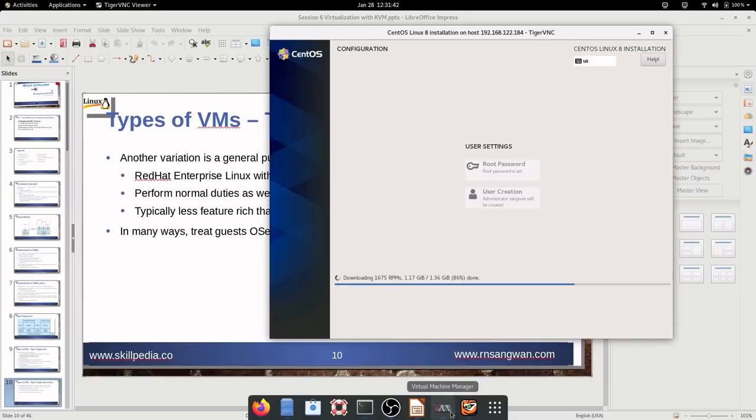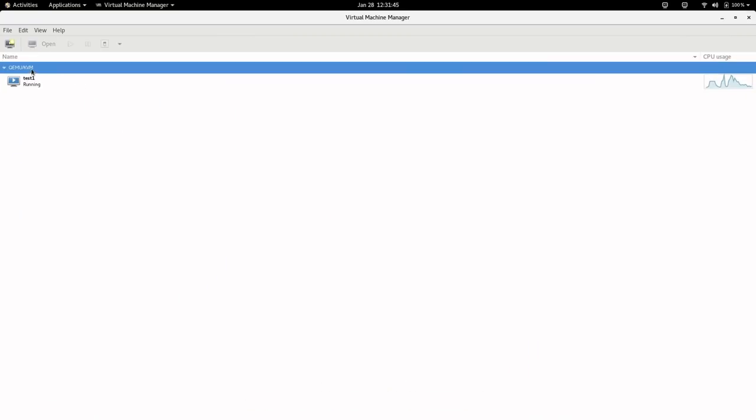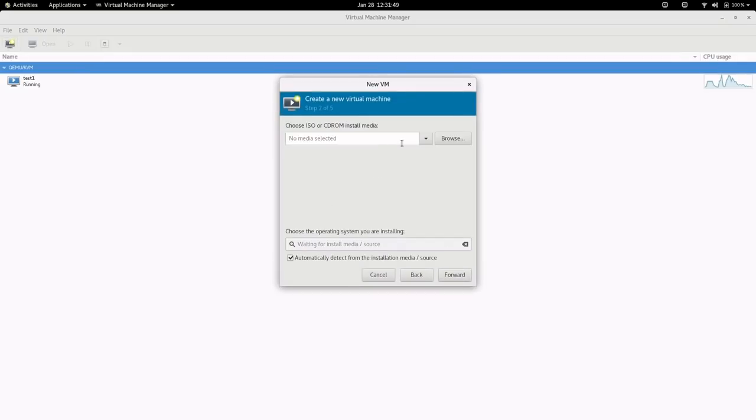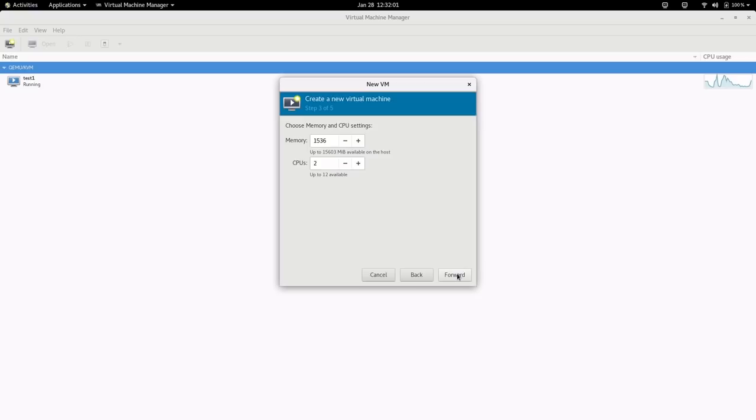In fact, I can start another virtual machine creation, and let me launch another machine with local disk installation so that I can show you how to create machines. And here I'm selecting my DVD, which is the 8.2 version, stored under var libvirt boot. Under that I have this DVD, and let me start another machine. In this machine I can use 1500 MB of RAM, that is 1.5 GB, and 10 GB space is good because I'm going to have a minimum installation on this. And this is going to be my test 2 machine.